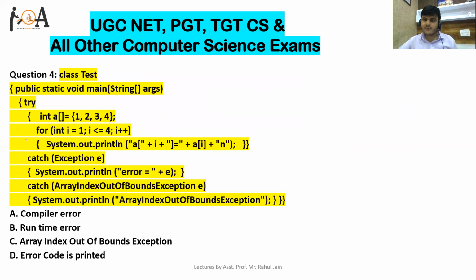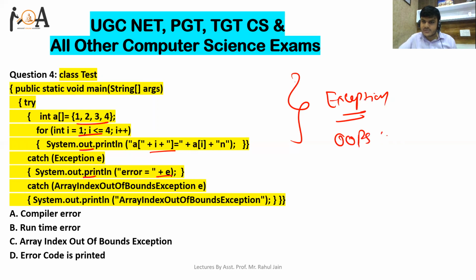Now question number 4, a very important question again. Focus here. int a = {1, 2, 3, 4}, a for loop is there, System.out.println like that, and then we are using System.out.println error like that. So basically here the exception topic is asked, the exception topic from the concept of OOPS using Java, object oriented programming systems, right?